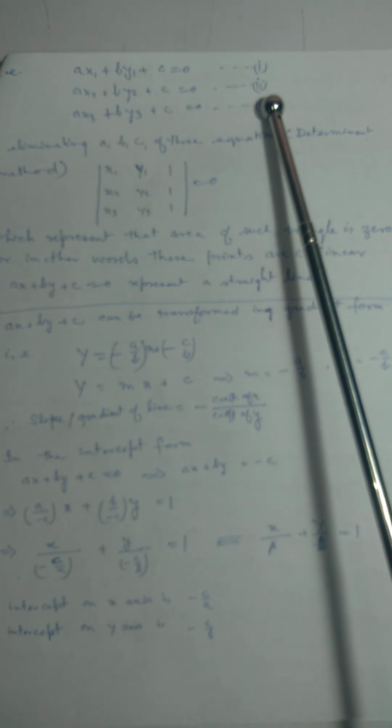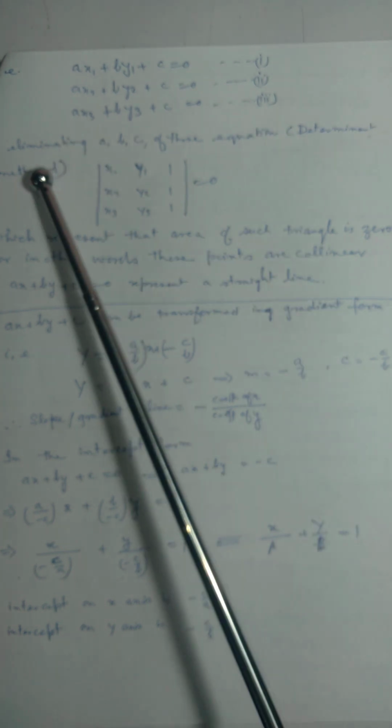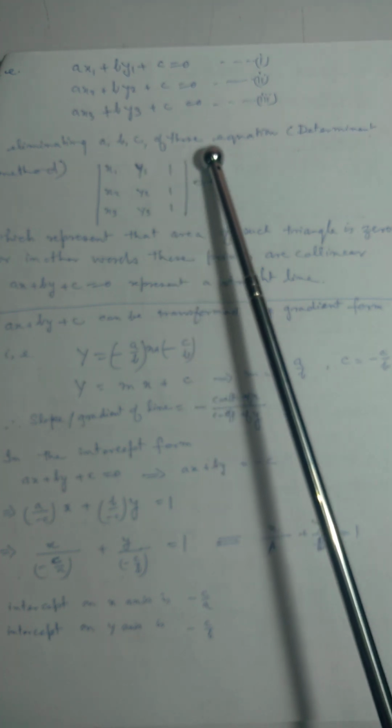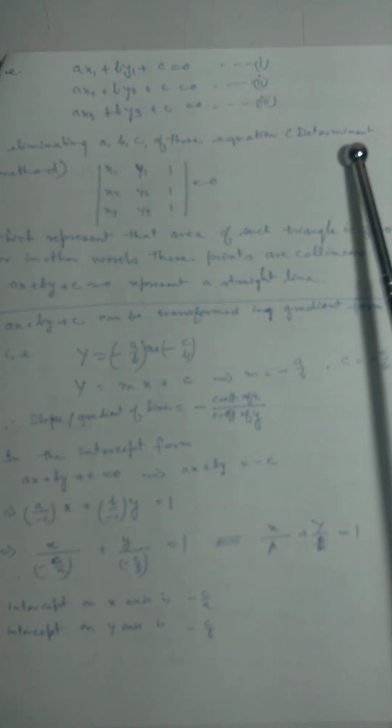You see the given equation I have written here, that is a x1 plus b y1 plus c equal to 0. This is the first equation. For the second one I have written here a x2 plus b y2 plus c is equal to 0. That is the second. a x3 plus b y3 plus c is equal to 0. That is the third equation. By eliminating a, b, c of these equations by the determinant method, we can find out here